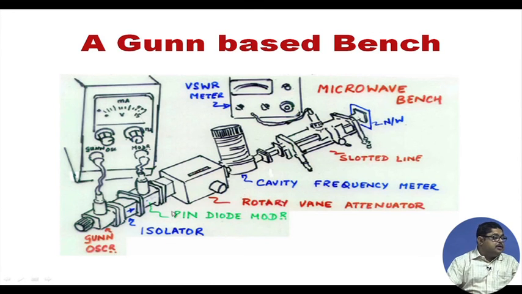Now, you see this is the PIN diode modulator. There is a Gunn oscillator; we will see the Gunn diode later. So, based on that there is a Gunn diode oscillator, and then we put an isolator here, because, as I said, in the case of reflection when the PIN diode is there, the full signal comes back, and the reflected voltage will be twice the voltage. Now, if that voltage comes to the Gunn diode, it may destroy it.